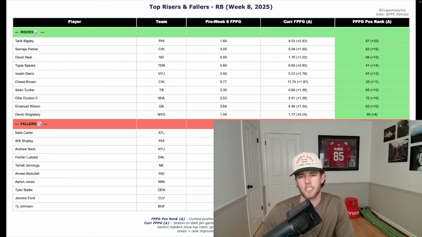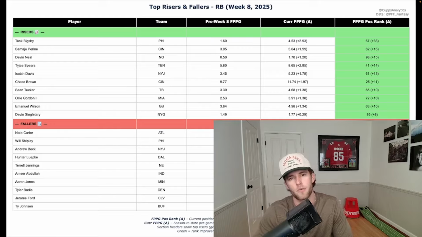Obviously, Bigsby is not someone that you're planning on starting on a week-by-week basis as long as Saquon's healthy, but I think this week did answer some important questions for us in terms of who Saquon's handcuff would be if he were to get hurt. Obviously, we have those other backs in the backfield as well, A.J. Dillon, Will Shipley, along with Bigsby. So there was some haziness on who that backup would be to Saquon directly if he were to go down. And I think this week showed us that would be Bigsby